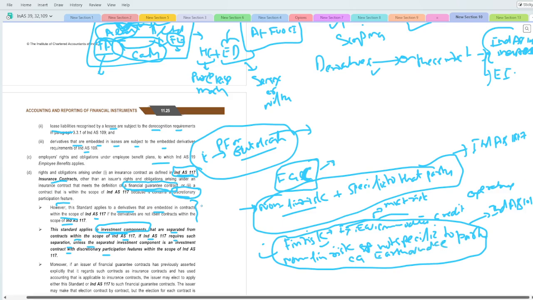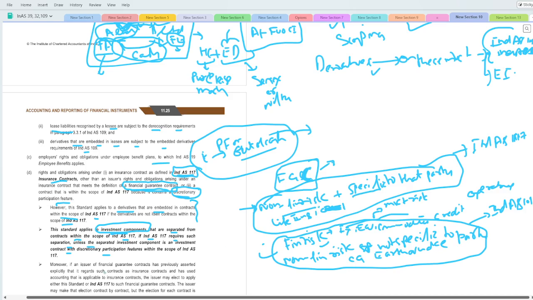Okay, and here the example of non-financial risk plus specific to that party is like your life insurance. So here the person who has taken the policy, if he dies, then the insurance entity has to give the money. So this is specific to the party, correct? It is not impacting the other person, and it's a non-financial risk because it is your health and your life. So it's a non-financial risk.